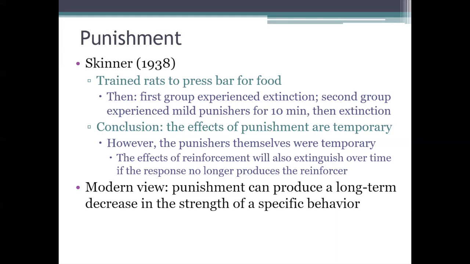And so, as I've said here on the slide, modern psychologists largely disagree with Skinner's view on punishment. The evidence suggests that punishment can produce long term decreases in specific behaviors, so its effects don't seem to be any more temporary than those of reinforcement, and it can produce those decreases more effectively than simple extinction can. So, in other words, punishers do work. They can be effective in weakening a specific behavior as long as you apply them correctly. And so, what I want to do now is explain what I mean there by applying them correctly.